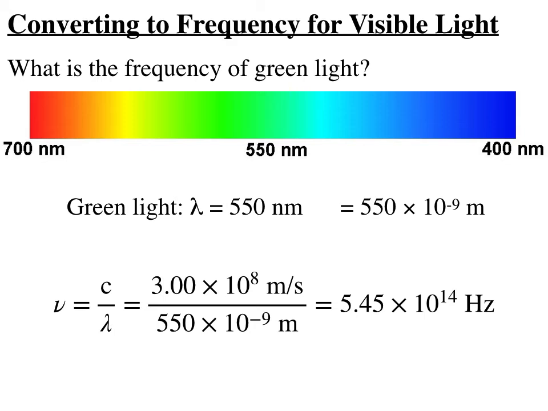When green light strikes your eye, 545, 10 to the 14 is equivalent to trillion. So 545 trillion complete cycles of light waves are hitting your eye each second. It's pretty amazing that the circuitry of your eye is able to differentiate green light from red light from blue light, because it's able to discern something striking the retina at 545 trillion waves per second,